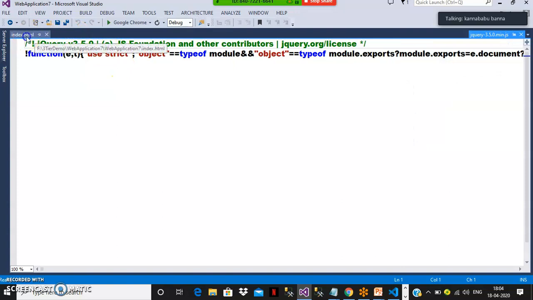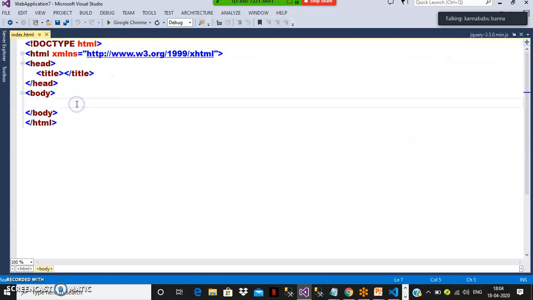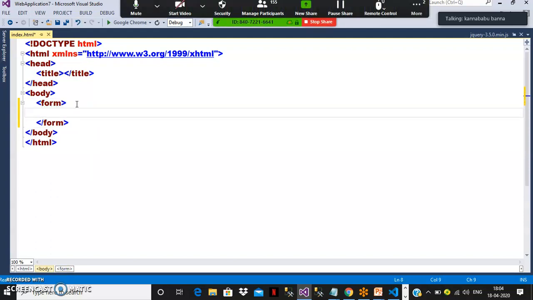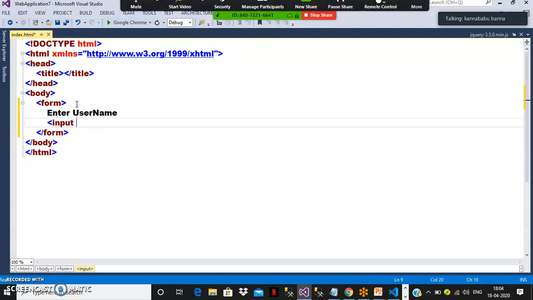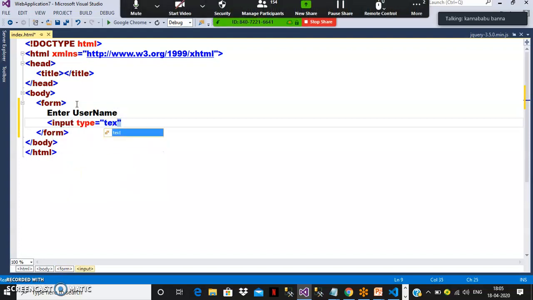Go to index.html. Here I will design one form. First, enter username, with one text box: input type is equal to text, ID is equal to T1.